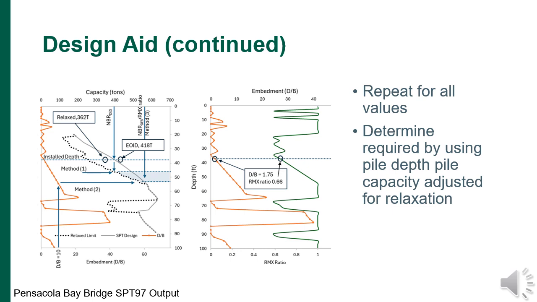Over here on the right-hand side, we can see our relative embedment, which is the D to B. That there, our relative embedment is in orange, and then over on the right-hand side is the value that we're using, our RMX ratio multiplier. So as you can see, it fluctuates back and forth just based off the length of the pile and the different blow counts that we encounter from our BLC value. But what's very nice is that we're then able to say, even if we have a chance of relaxation over here at a depth of a little above 40 feet, we're still going to have enough capacity